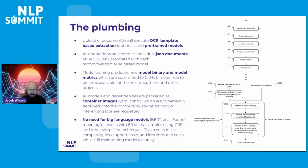The question I always get is, are you just using BERT behind the scenes, GPT-3, like the big language models? Oddly enough, we're not really using any. If you look at trying to train machine learning models on a net new domain, which in this case is very legal centric,